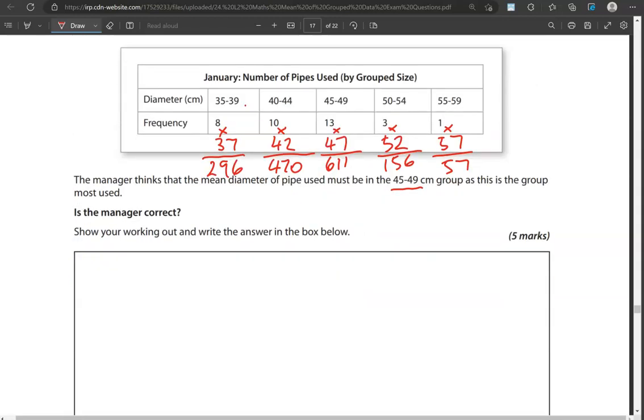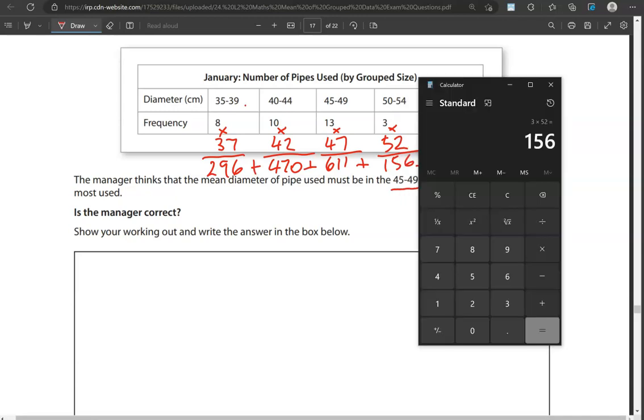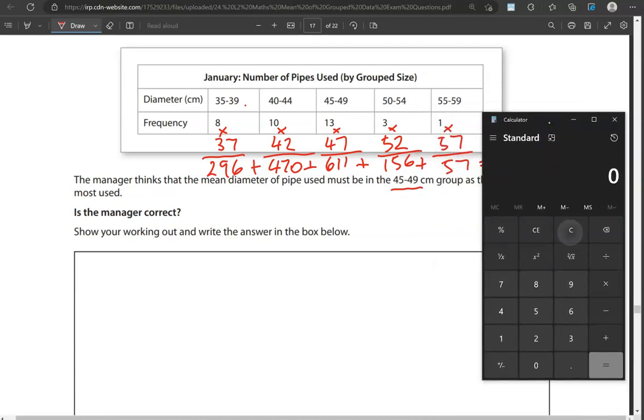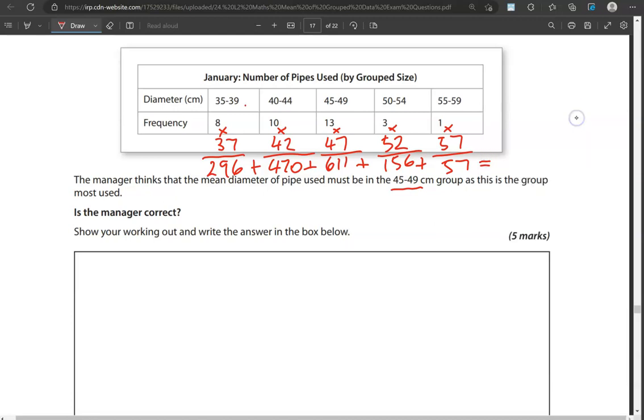So adding these together, 296 add 420 add 611 add 156 add 57 gives us 1,540,